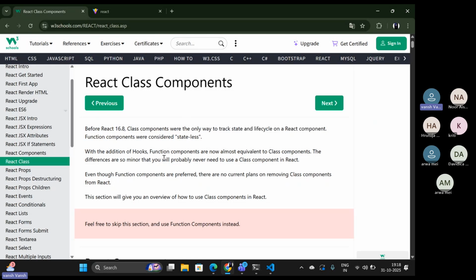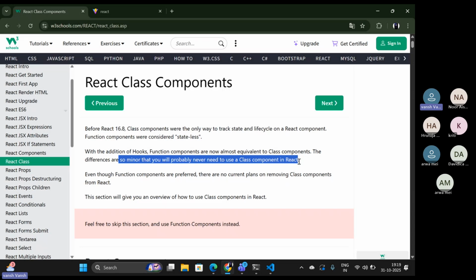Okay, but functional component doesn't have that before the addition of hooks. Okay, so with the addition of hooks, function components are now almost equivalent to class components. The differences are so minor that you will probably never need to use a class component. Okay, means that you don't have to use class components nowadays,